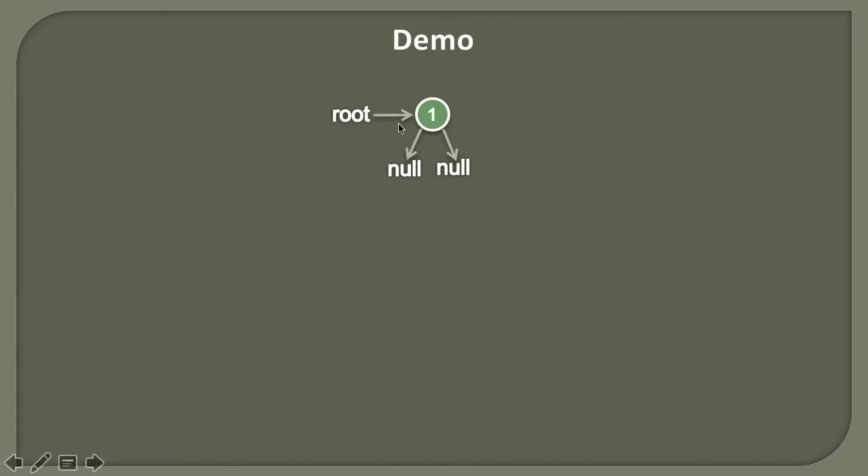When we insert one tree node, root points to that particular node because this is the only node in the tree. Now let's say we create one more node having data as 2, whose left and right are both pointing to null, which is referred to by this temporary node. If we want to insert this node into the tree, we know that root is already pointing to the node having data as 1. So one thing we can do here is point root's left to this particular node, or root's right to this particular node. Either way we can do. Let's say we assign the temporary node value to root's left. So it would look something like this.